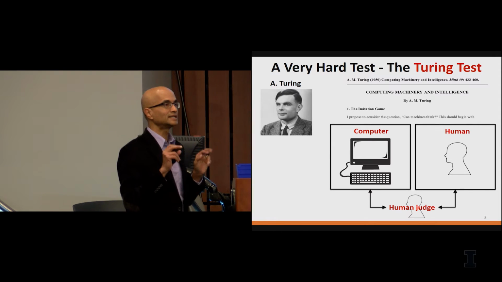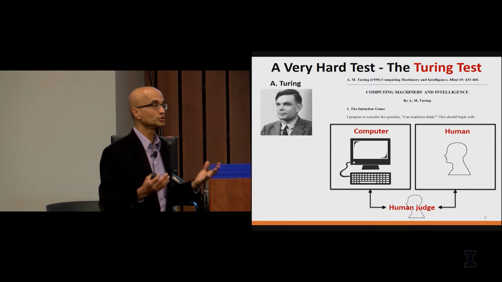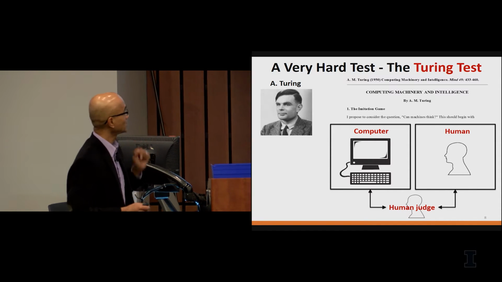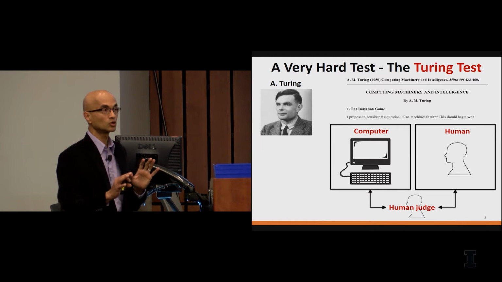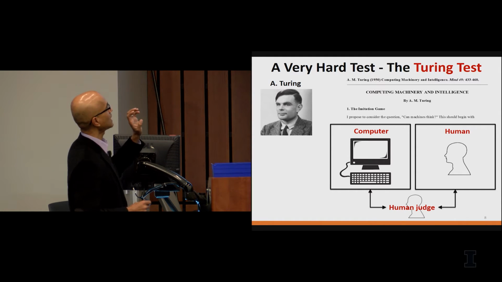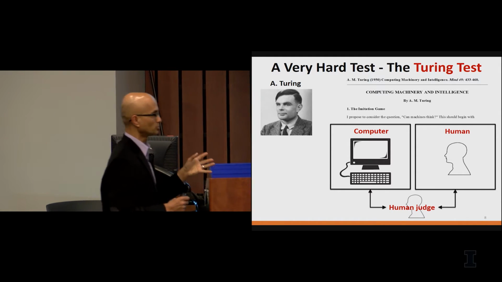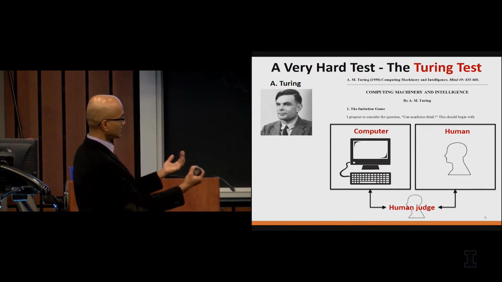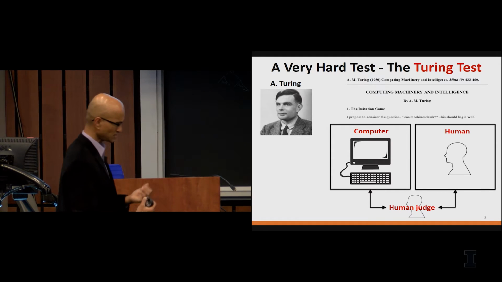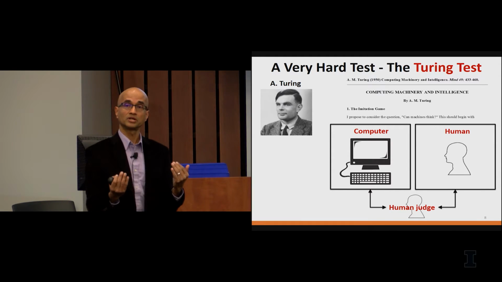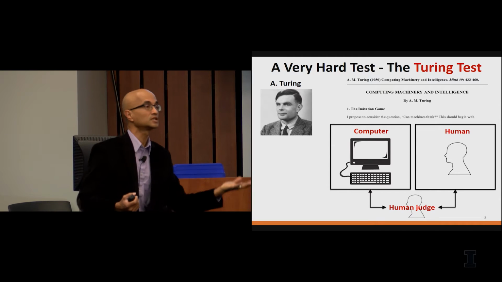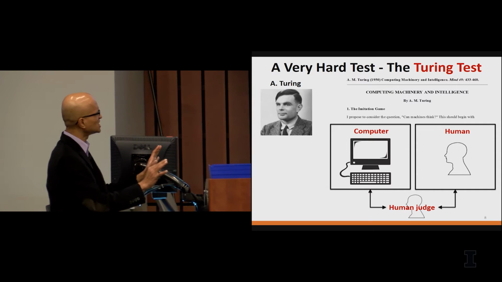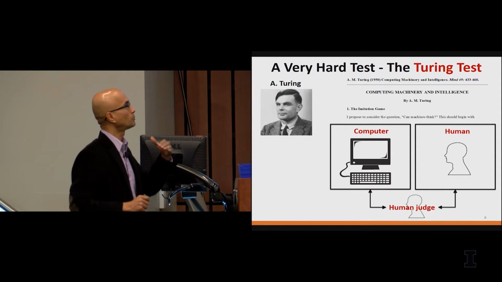Now, the word intelligence is very loaded. I mean, how do you define it? What is the metric? Different people have different metrics. It's hard to define. But Alan Turing was very smart. He said, let me define intelligence in the following way. If a computer and a human were doing the same thing, and if I were to look at the results, the outputs, their responses, and if I were unable to figure out which one is a computer and which one is a human, then I would say the machine has approached the intelligence